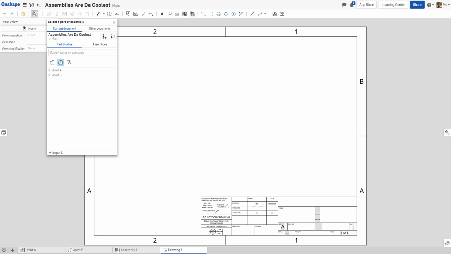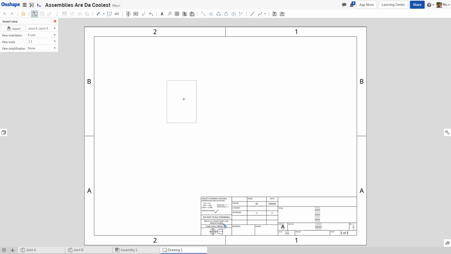So, without further ado, we notice that the first window that opens up upon creation of our drawing is a Select a Part or Assembly window. In it, we have a list of all of the parts and assemblies that we've created in our document. Right now, the only two parts are Joint A and Joint B. Let's create a view of Joint A. When I click on Joint A, I'm given a projection of my part. Right now, as indicated in the Insert View window, my view orientation is front. When I place this,